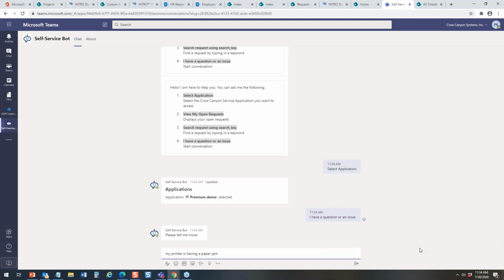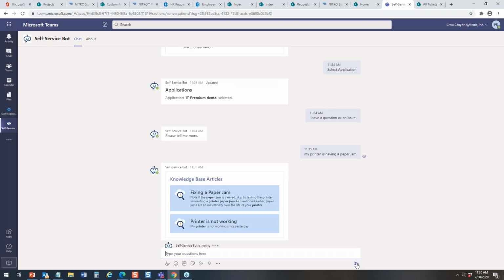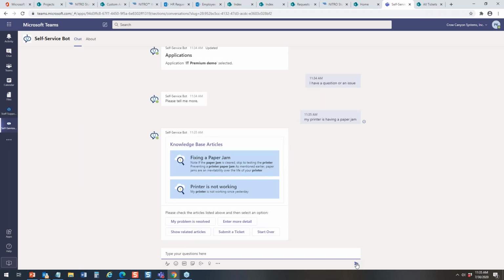It's jamming. So what this does is it uses natural language processing, LUIS and all that stuff from Azure Cognitive Services to interpret this to be what it wants to return to you. The bot is, I don't call it intelligent per se, but it does have the software coding that will be able to parse out the language, and it could be natural language, what they say. So it says, okay, it's paper jam. I'm going to fix a paper jam, and it's going to give the